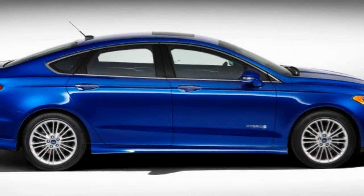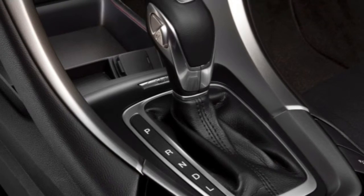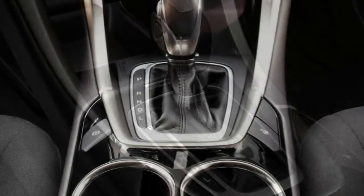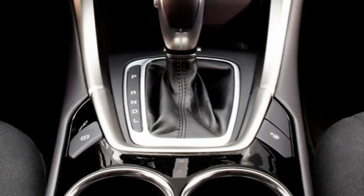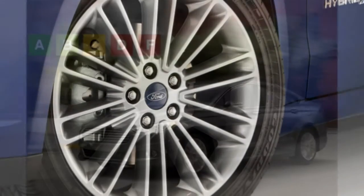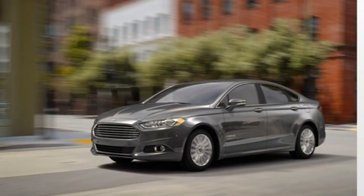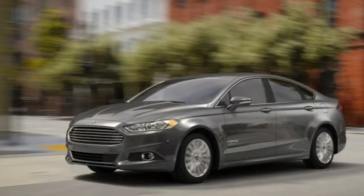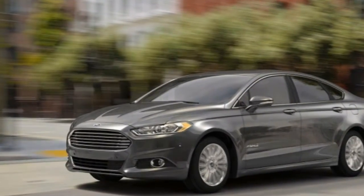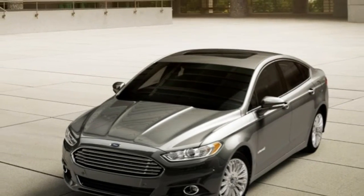A few option packages are also available for the SE. The Appearance Package Equipment Group 501A adds 17-inch alloy wheels, a rear spoiler, fog lights and a leather-wrapped steering wheel. The Luxury Package Equipment Group 502A includes fog lights, an auto-dimming rear-view mirror, leather upholstery, heated front seats and driver seat memory settings. Opting for the MyFord Touch technology package equips the SE with rear parking sensors, the MyFord Touch electronics interface with 8-inch touchscreen and 2 configurable gauge cluster displays, an upgraded version of Sync and a